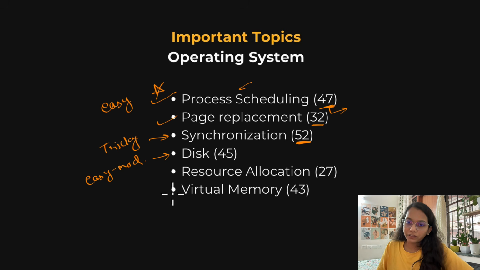So the next is resource allocation. From resource allocation there were 27 questions till now. In resource allocation the questions, you can say, are easy only, but once you understand the concept of deadlock and all, then you can very easily solve these questions. The questions are like: some processes are given to you and each process requires this many instances of a resource, then how many minimum number of resources do you need to avoid deadlock. So these are the type of questions that came from resource allocation.